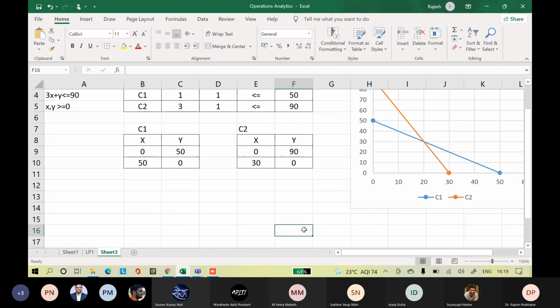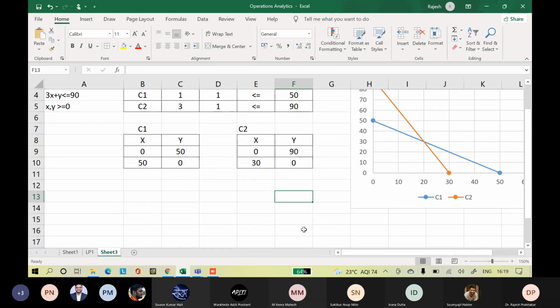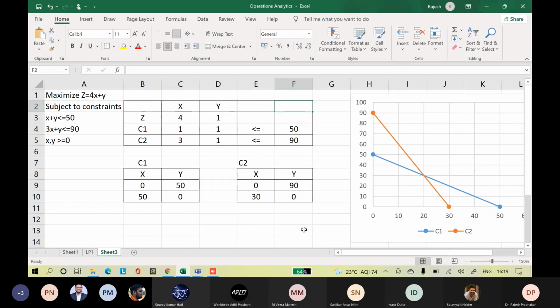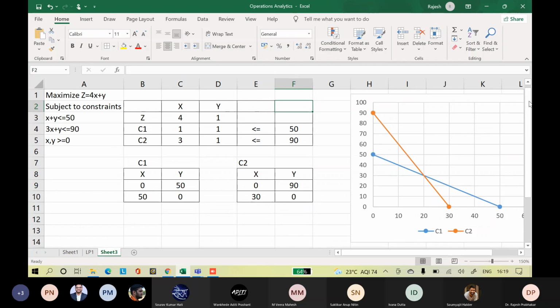Now again similarly, this is 0, this is A, this is B, this is C. So what is the feasible region? This is the feasible region, right?